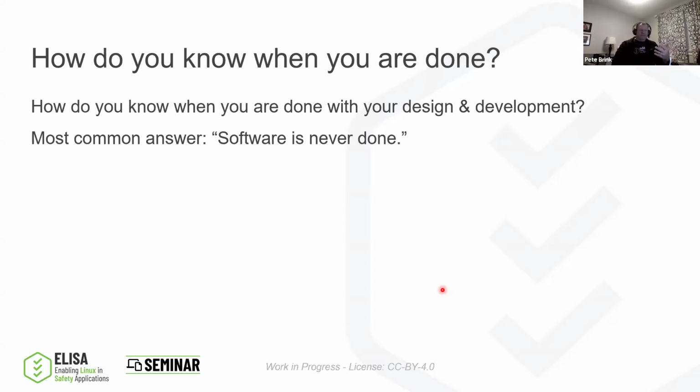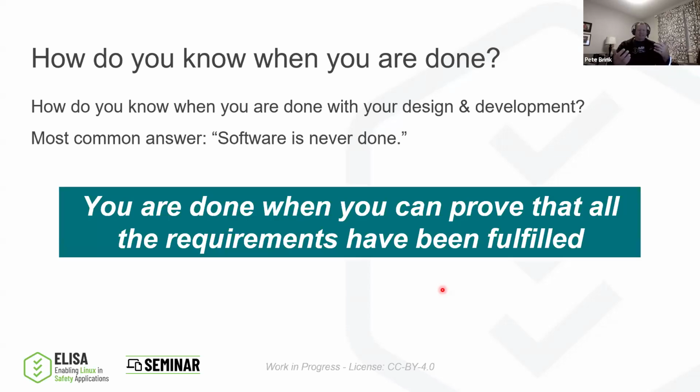So we have to come to this realization that we have in an engineering process, there is a specific methodology that we can follow that demonstrates that the software is done. And that is by having a set of requirements that we develop the software to. And then when we're done, we have a set of tests where we can prove that those requirements have been fulfilled. And really, this means we have only the software that we set out to build. There's no dead code, there's no additional code, there's no Easter eggs, there's no nothing in there that allow us to go through and do this evaluation.